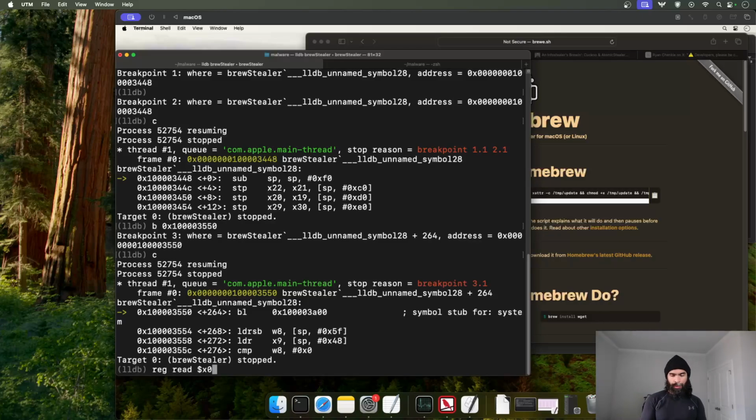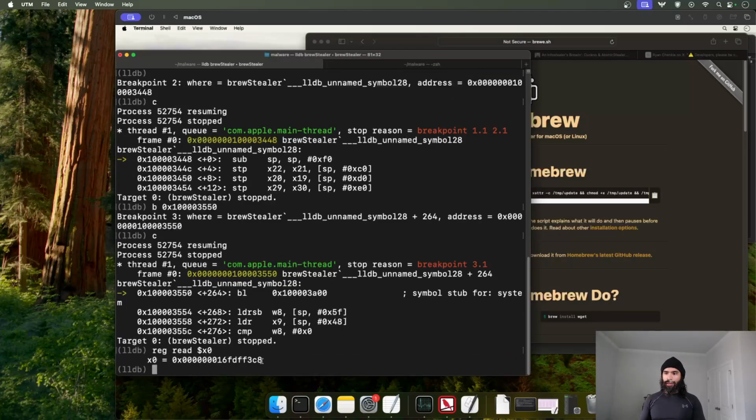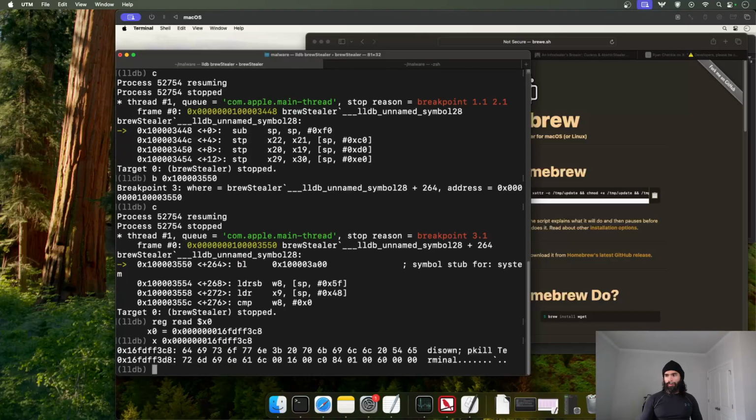So register read X0, and that's the address here. This is pointing to the stack. So then we can look at what this is. Let's just do a quick memory read of this location and see what there is. Okay, so we have this disown pkill terminal